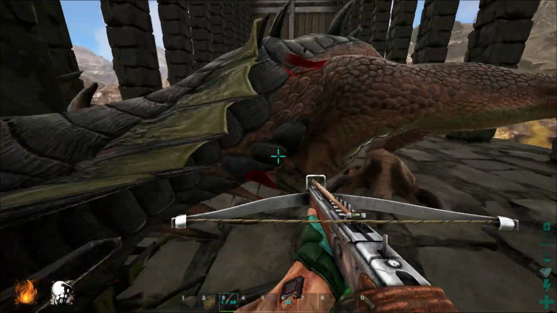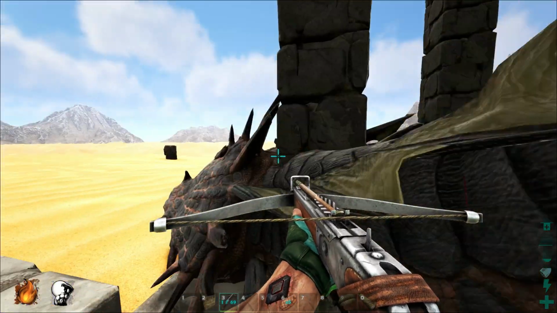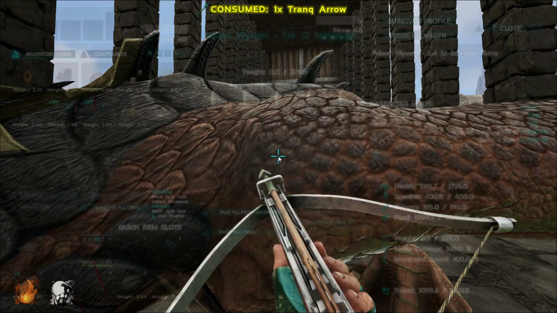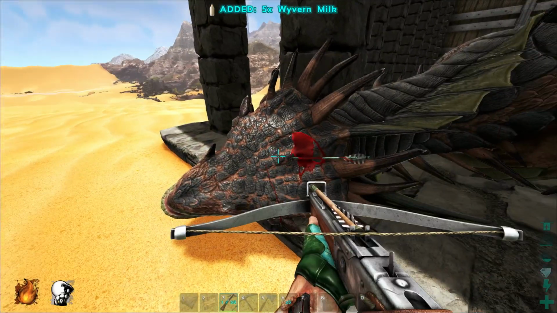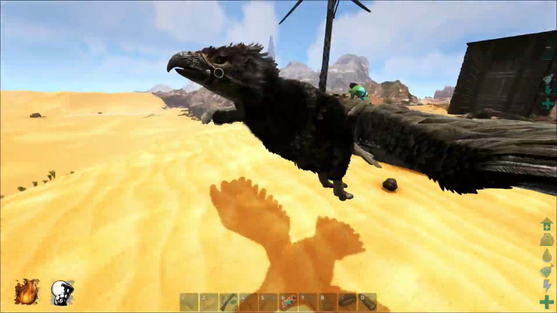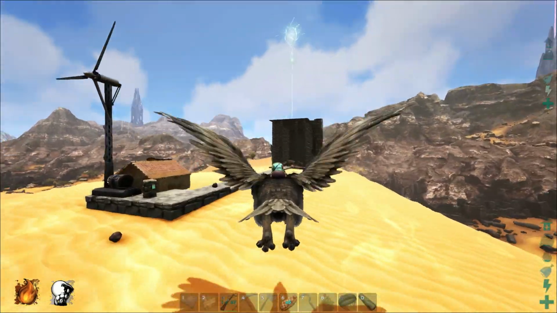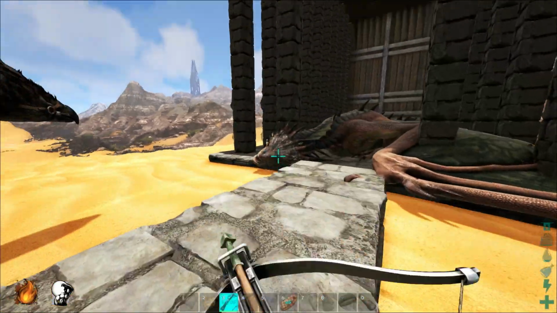There you go. Yes. Female poison Wyvern. Now look at that torpor. Bam, you're not waking up. Not today. We're going to steal that milk. Look at that. And all we got to do now is just kill her, because they do not regain their milk. They really don't. There's been theories that if you keep one of these guys locked up, they're...